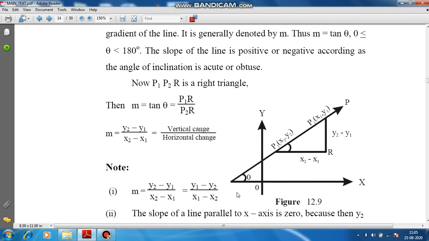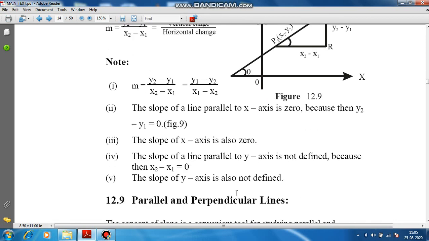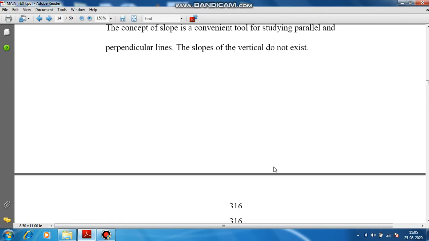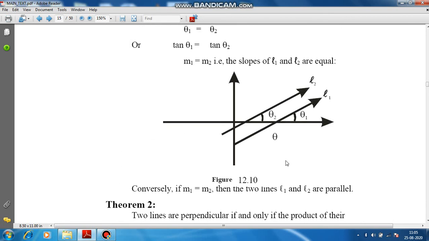Now we have discussed slope, all right. Now we will see what the properties of parallel and perpendicular lines are in terms of slopes. First of all, you should know what parallel lines are. Parallel lines are those for which the perpendicular distance between the lines is always